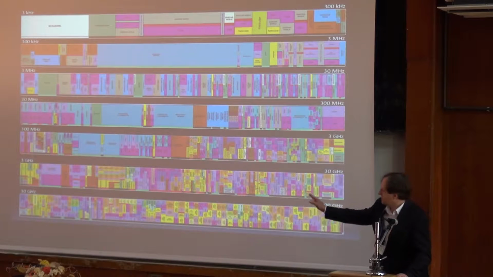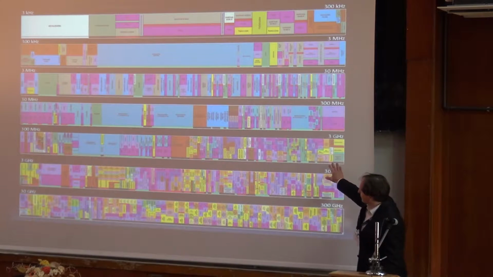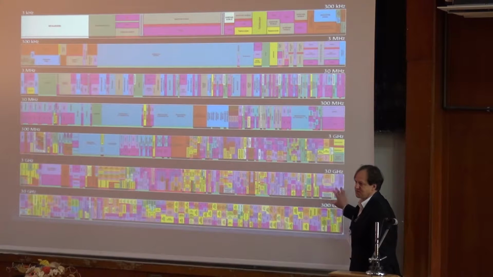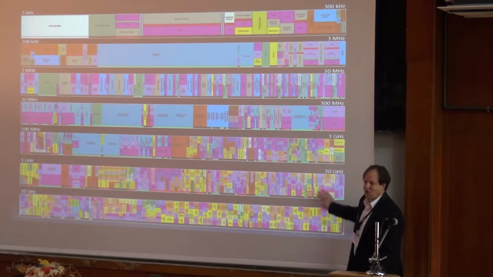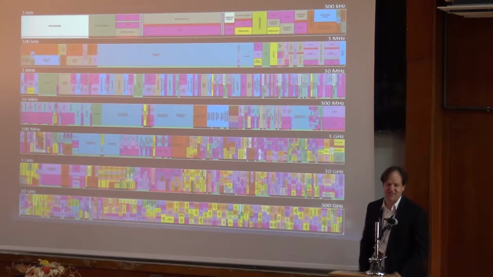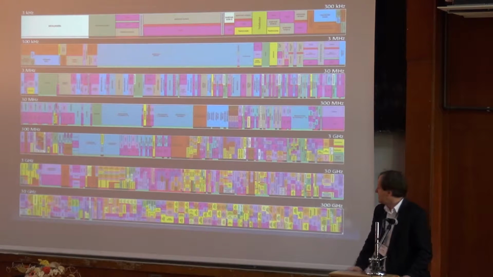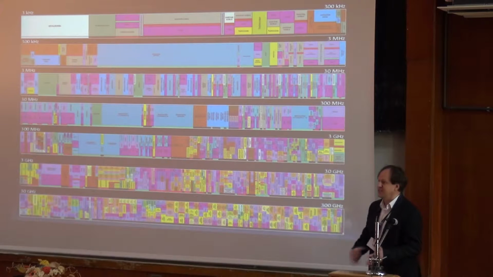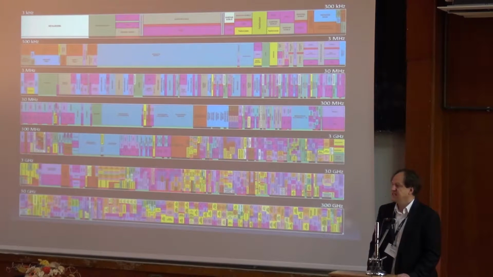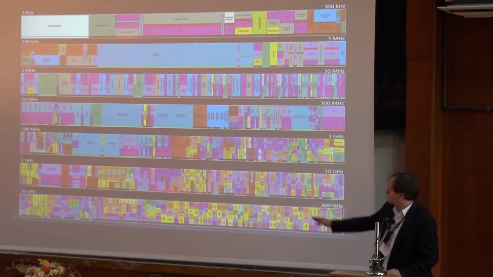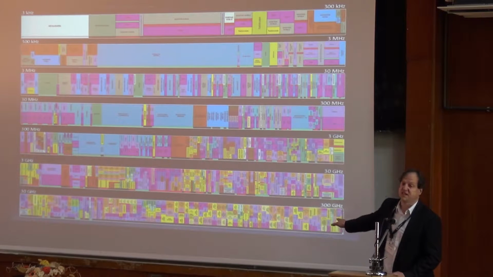Now we are entering this region of the frequency band, and you notice that we're coming almost to the end. So 300 gigahertz is the end of the radio spectrum. And at the moment in 5G, the main technology being considered is millimeter wave communication, and that is between 30 gigahertz and 300 gigahertz.